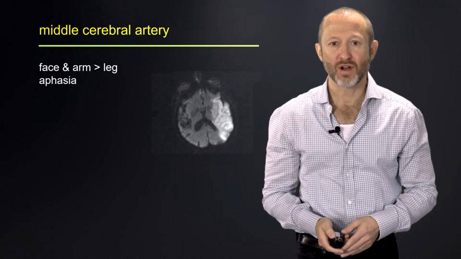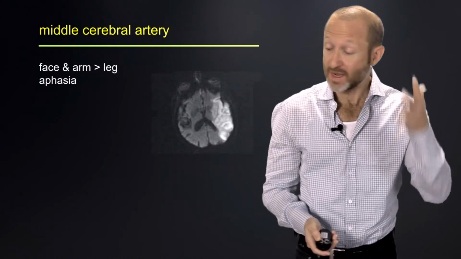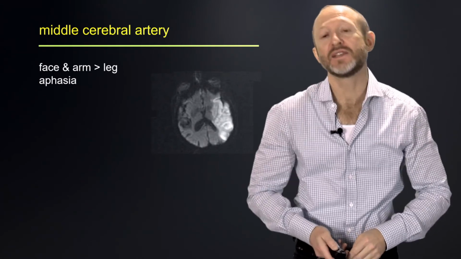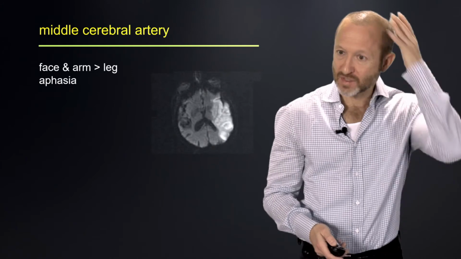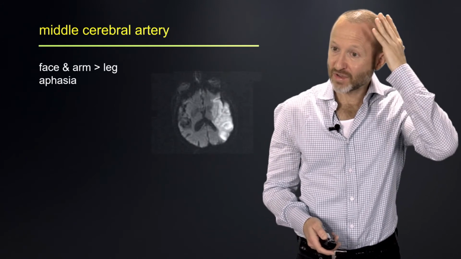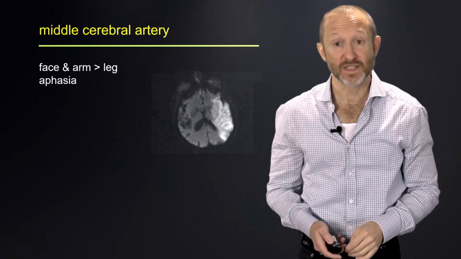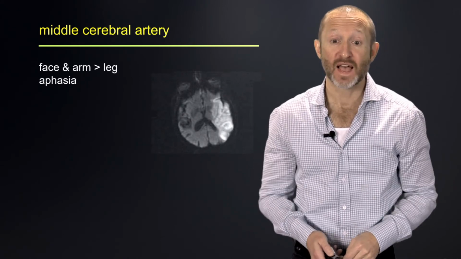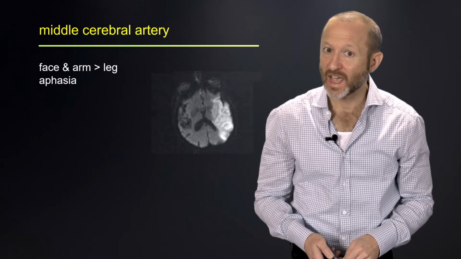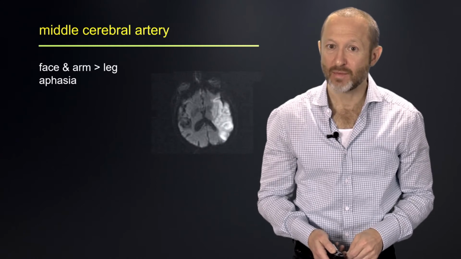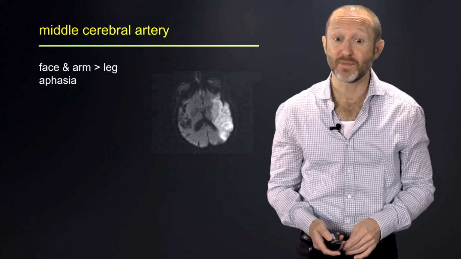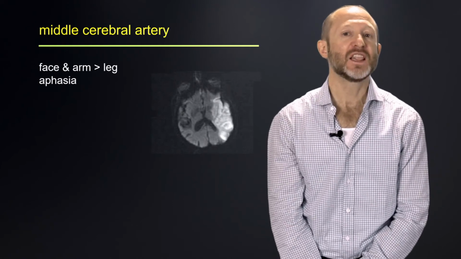Now, middle cerebral arteries are large. If you opened up your hand and placed it over the lateral convexity of your brain, that's the distribution of the middle cerebral artery, and it's large. And so lesions of the middle cerebral artery can affect the motor and the sensory homunculus on the lateral convexity, which would largely affect face and arm more than leg. So a classic MCA stroke would produce face and arm more than leg, sensory and weakness abnormalities, as well as aphasias if the lesion is on the left side of the brain,